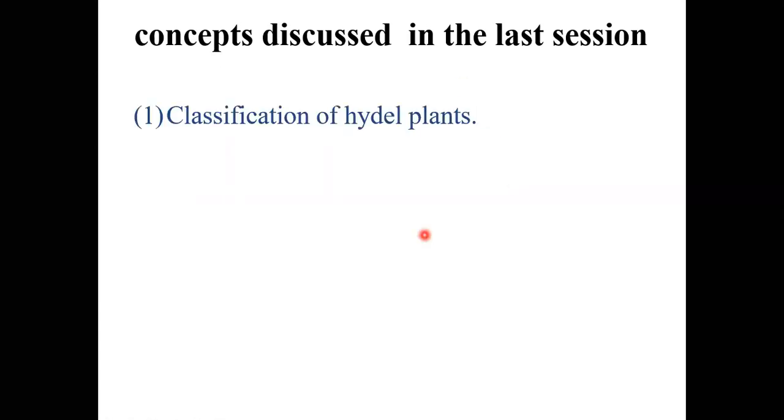In the last class, we have seen the classification of the hydro power plants. Basically, depending upon some parameters, we have classified our hydro power plants into four categories. The first one is based upon the depth, the second one is based upon the storage of water, the next one is based upon how we are using those hydro power plants, whether as a peak load or a base load plant, and the next one is installed capacity. So already we have completed three types of classification in the last class.